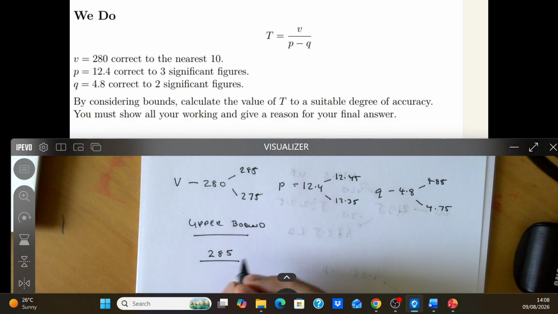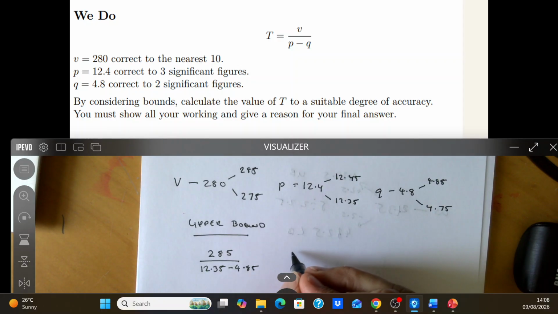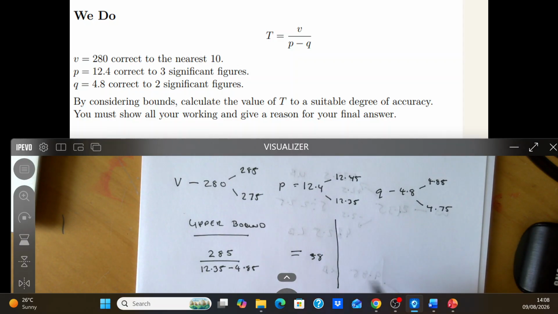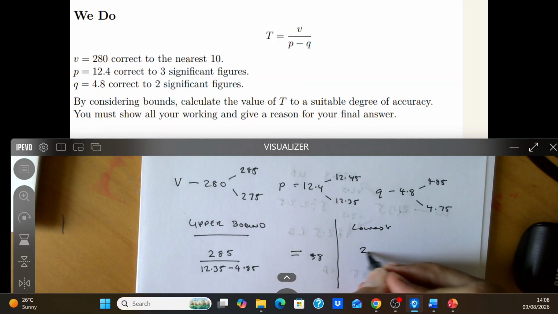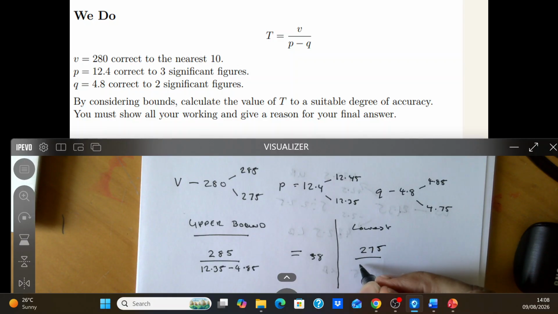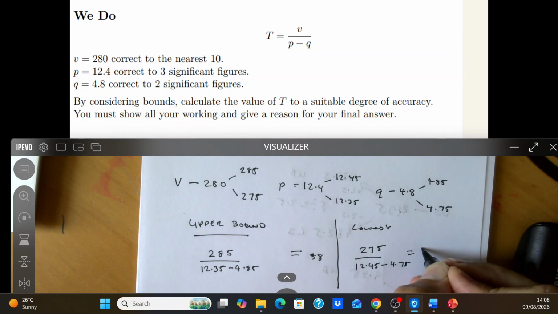divided by the smallest. To get the smallest bottom, you need to have the smallest, take the biggest. Which gives you 38. We now need to find the lowest, which is going to be the smallest, divide by the biggest, take the smallest, which gives you